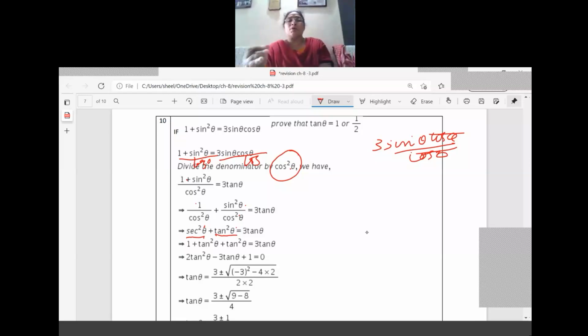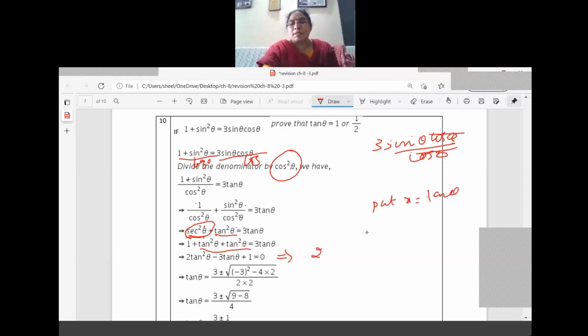So somewhat we are going to reach the similarity between the proving part. Now what is to be eliminated? Sec is not there. All the terms we want in tan only. So sec square theta is replaced with tan square theta only. So sec square theta can be written as 1 plus tan square theta. Again, we can go for the quadratic method only. So tan square theta is added, 2 tan square theta we got. 3 tan theta we brought to this side, minus 3 tan theta we got, plus 1 only. So if you are having confusion with this tan theta, put x equal to tan theta.